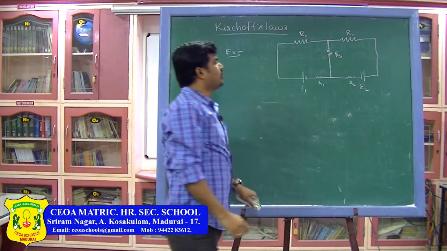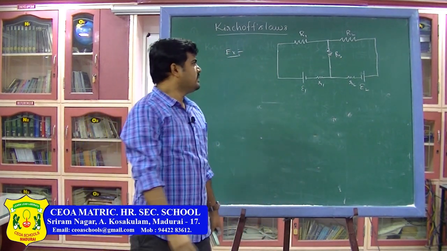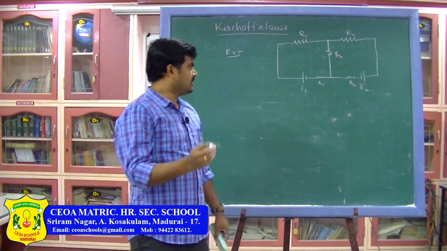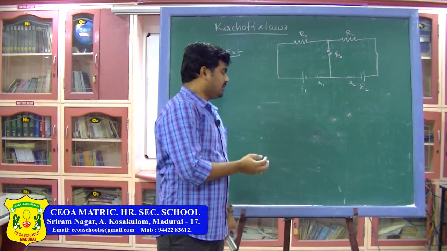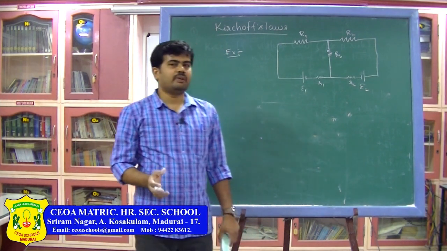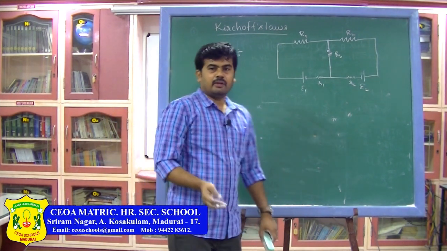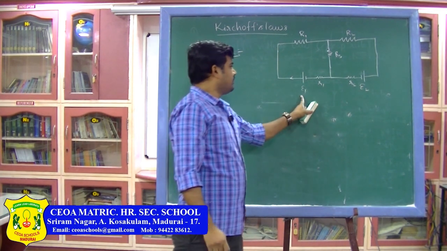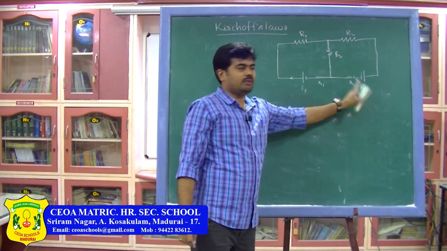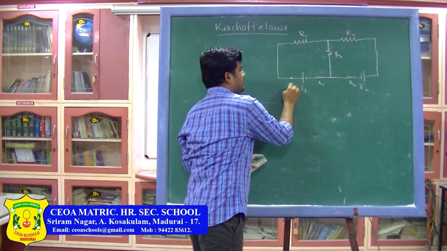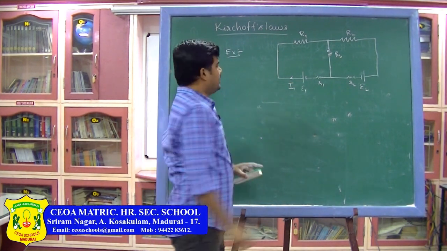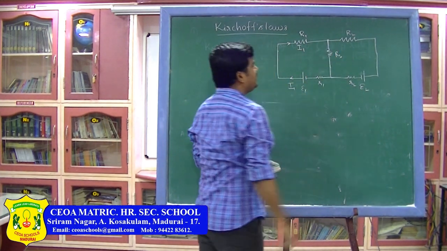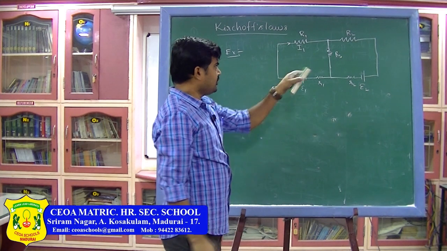Now, let us see how to apply Kirchhoff's laws for this particular circuit. First, let us take the current direction. Remember, the cell of larger EMF will decide the current direction. Now, let us say this is the larger cell, that is E1, the EMF of the first cell is greater than the EMF of the second one. So, I can take the current direction starting from here, say I1 is the current, then this current is flowing through R1 and then here at this junction it will split into two values.